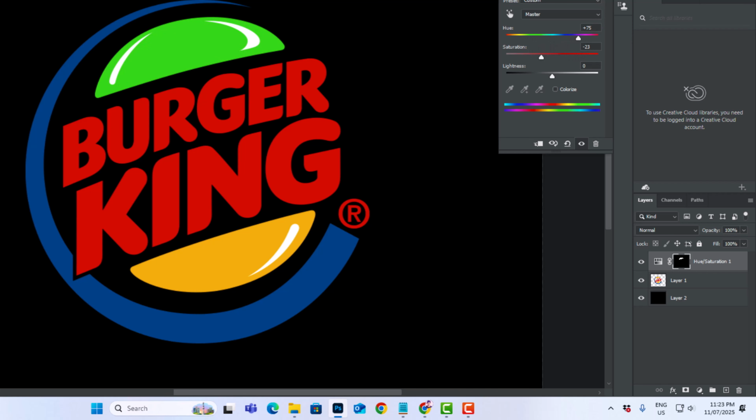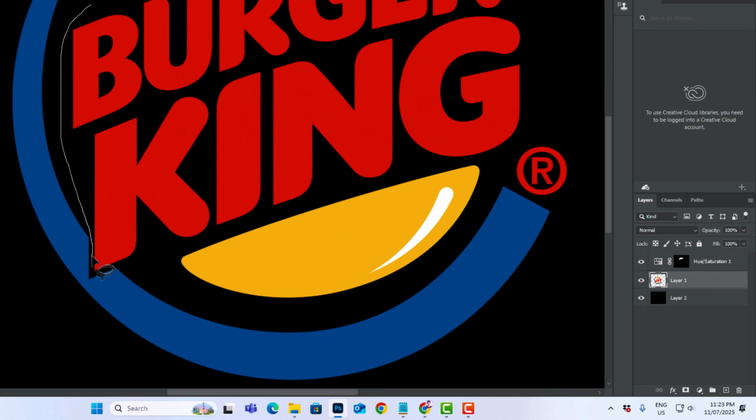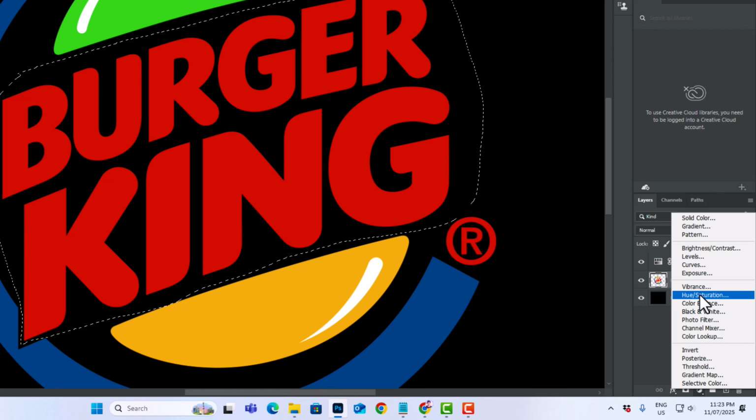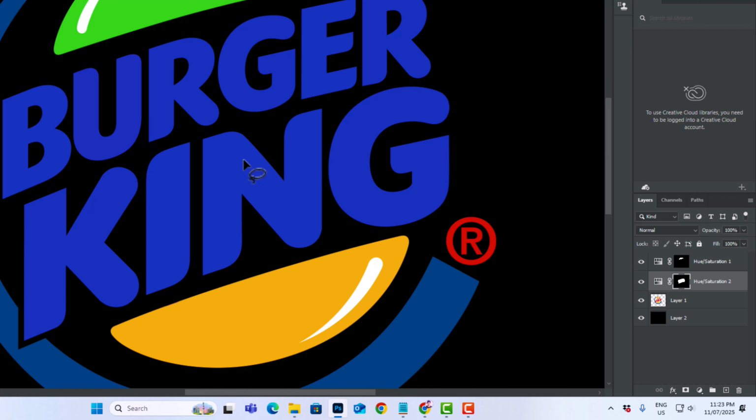Okay, and if you want to change this color, just select this area and the same, press on Hue and Saturation to change the color. Okay,